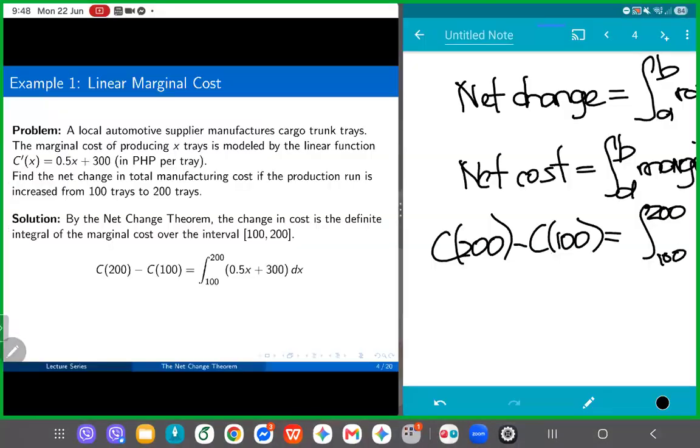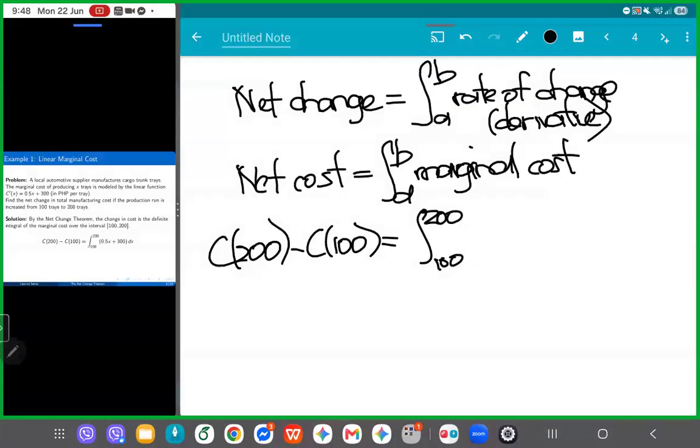The marginal is given, so you just have to put the derivative in there, inside the integral sign. And that's it. You have properly set up the net cost as given by the fundamental theorem of calculus,